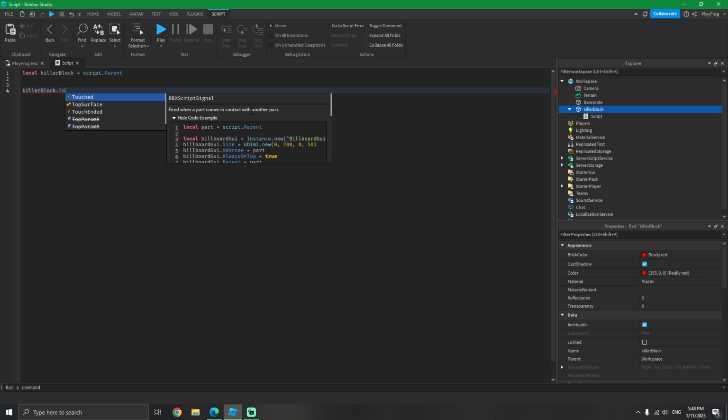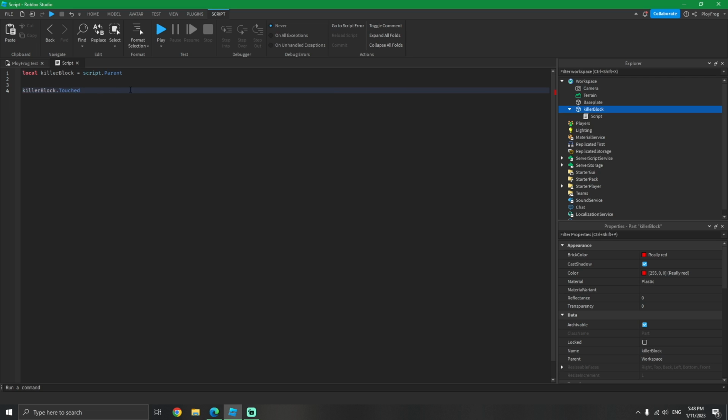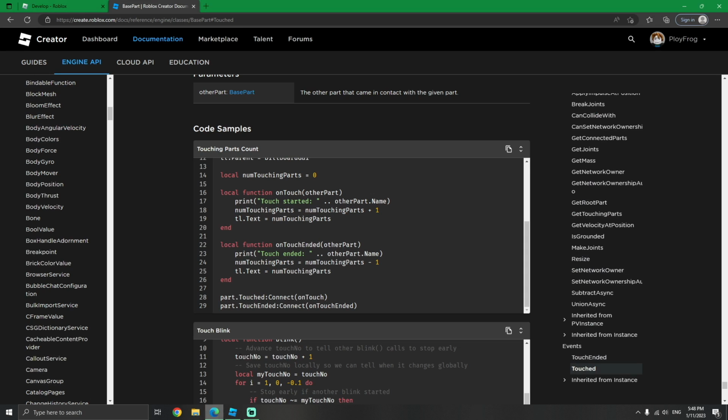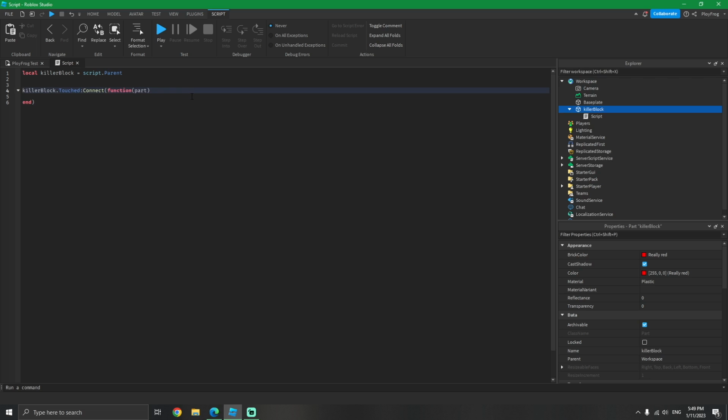It fires when a part comes in contact with another part. And all we need to do is connect this, and we can connect it to a function, and it will actually pass in the part that touches it. So we'll pass in part. So you can see part.touched connect, and it passes in the other part that touches it. So what we want to do now is make sure that whatever part is touching this killer block actually